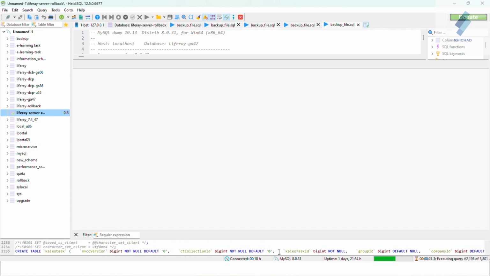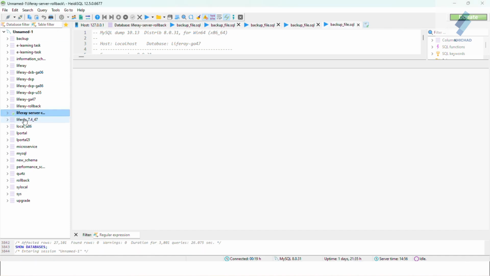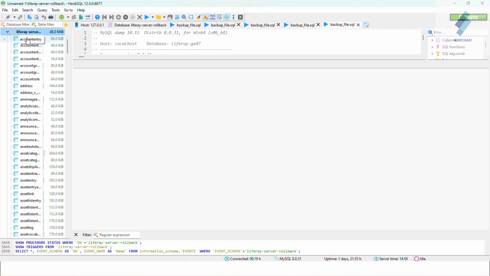After running this command, the backup.sql file has completed successfully. So first we need to refresh the database and expand this, and you can see the Liferay tables created successfully.